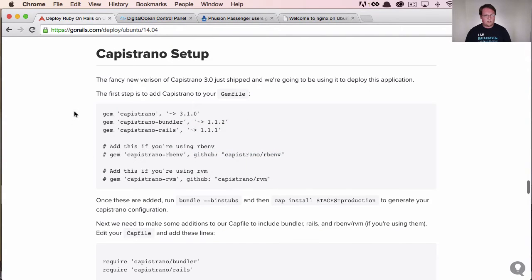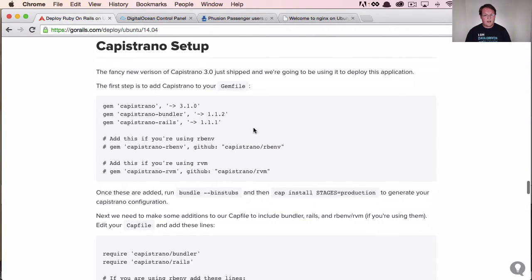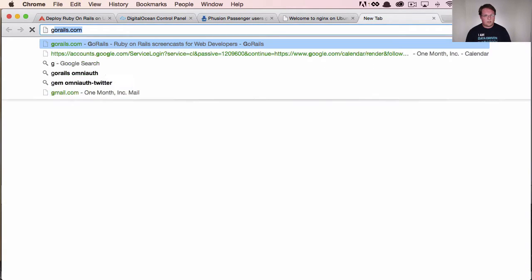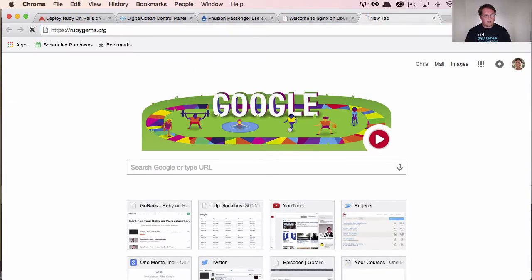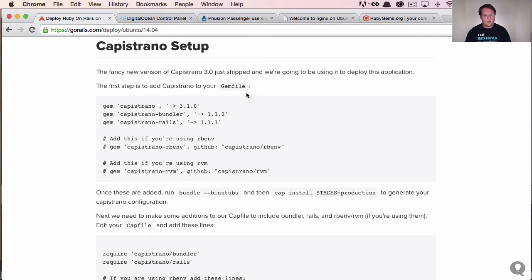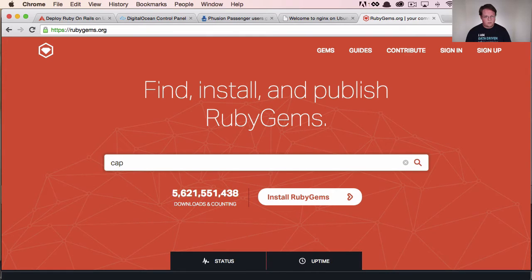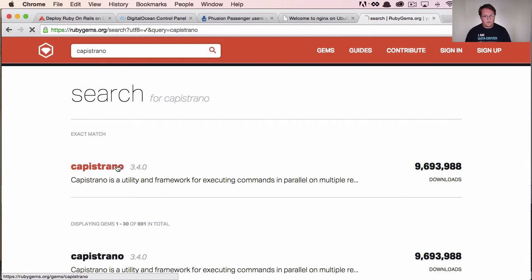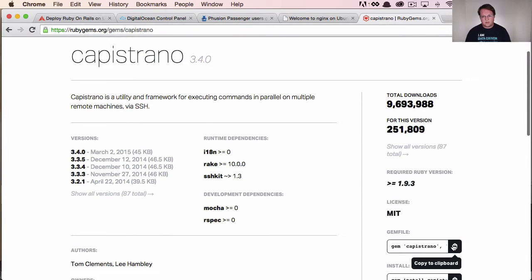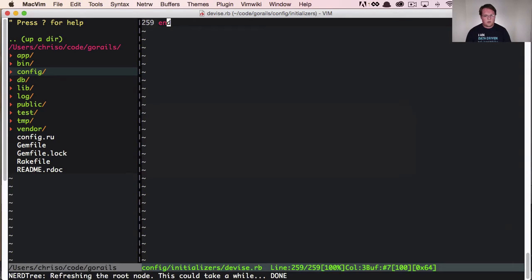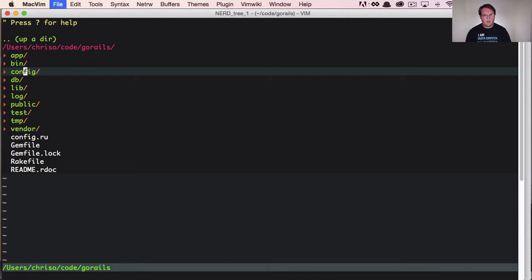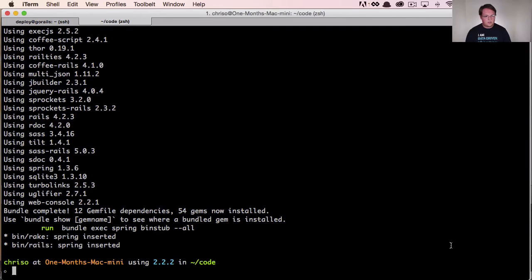So hopping back into our Capistrano setup, you can use any of these versions. I'm going to make sure that we're using the latest versions of these. So we're going to look for Capistrano. I believe Capistrano Rails might also include Capistrano Bundler, but we'll check it out. So if we find Capistrano here, 3.4.0 is the latest version. We are going to put that in our Gemfile in this new